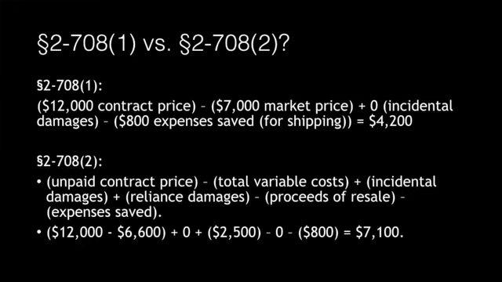Well, what would damages be under 2-708, subparagraph 2? One formula offered by Professor John Siebert for calculating damages under that provision in cases that don't involve lost volume is as follows. You take the unpaid contract price minus total variable costs, plus incidental damages, plus reliance damages, minus the proceeds of resale, minus expenses saved. And here's how subparagraph 2 damages would look. They would be equal to $12,000 minus $6,600, plus 0, plus $2,500, minus 0, minus $800, which all adds up to